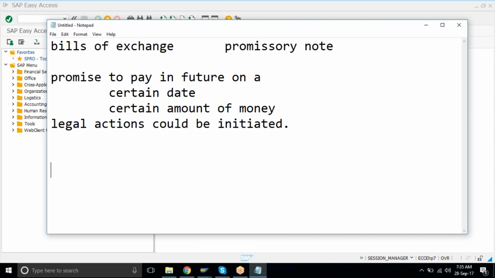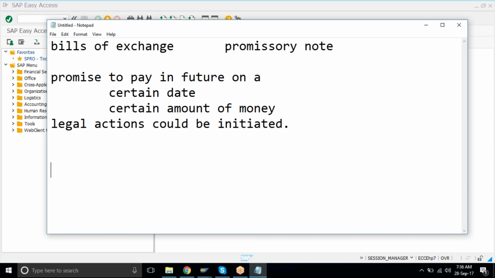So what happens? In business, sometimes you're going through low demand, or maybe some good customers are there with you. They're asking for some goods on credit. So you are able to give that on credit, but basically you want some security.